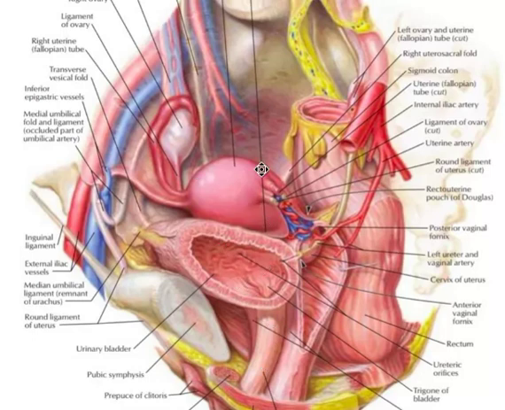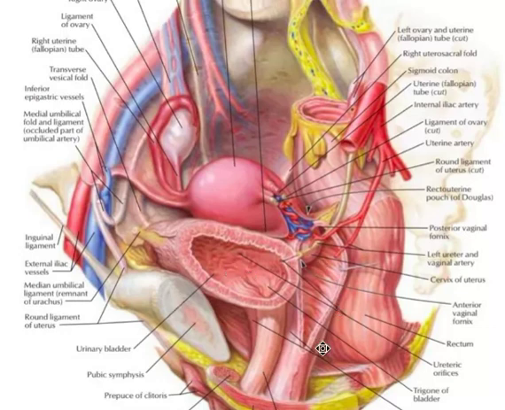This is the uterus, and the uterus is connected to the ovary by the fallopian tube. The ovary is suspended by two ligaments: the suspensory ligament of ovary, which contains the ovarian vessels, and the ligament of ovary, which connects the ovary to the posterior surface of the uterus. The uterus has the round ligament as well, and this round ligament passes through the deep inguinal ring and is finally connected to the labia majora.